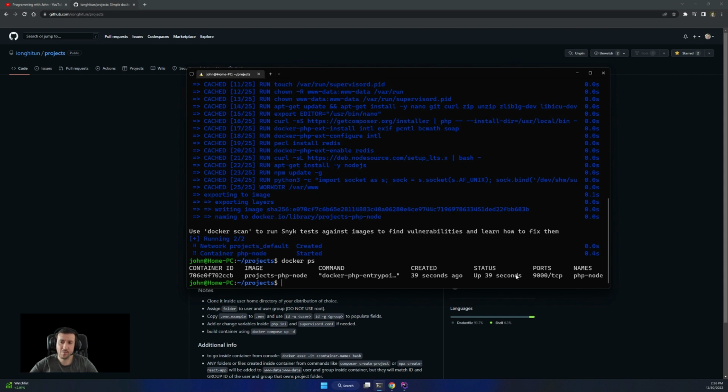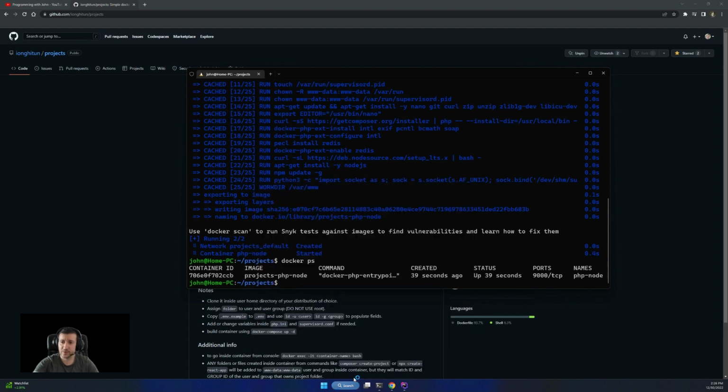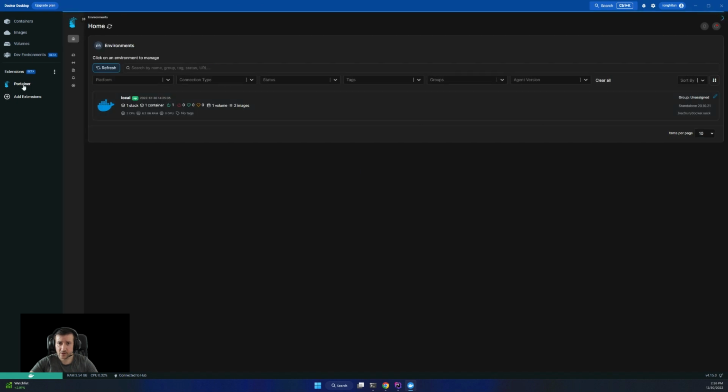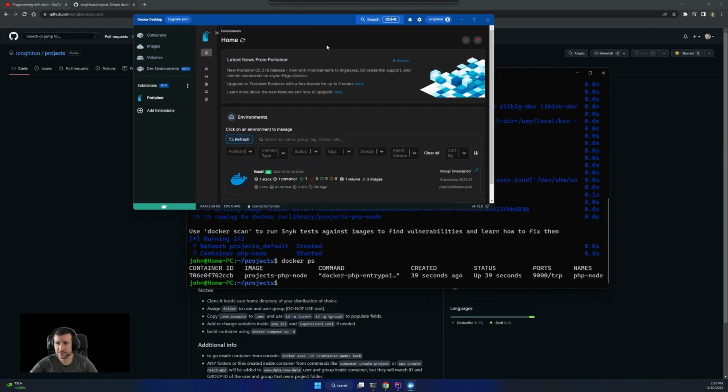If you want to see more details about this container, for example logs or inspect, to see network stuff and some other things, you can do docker logs or docker inspect and the container name. But it's very hard to read all of that, and because of that we're going to start Docker Desktop. Last time I showed you how to install Portainer from Docker extensions. I'm going to go to Portainer from here, from extensions.